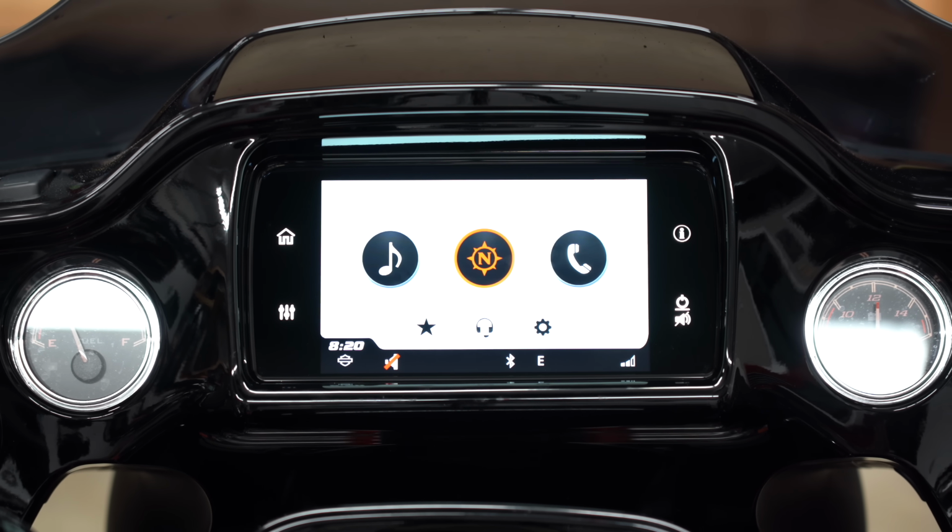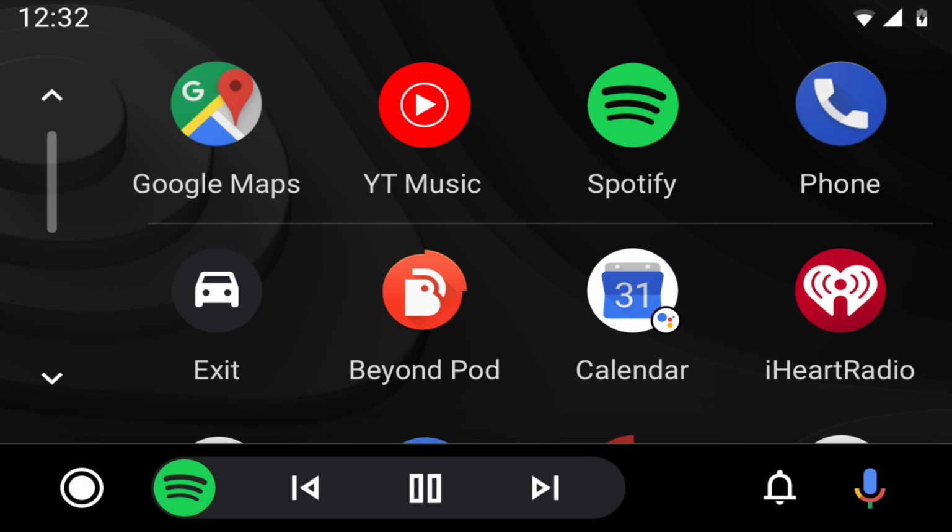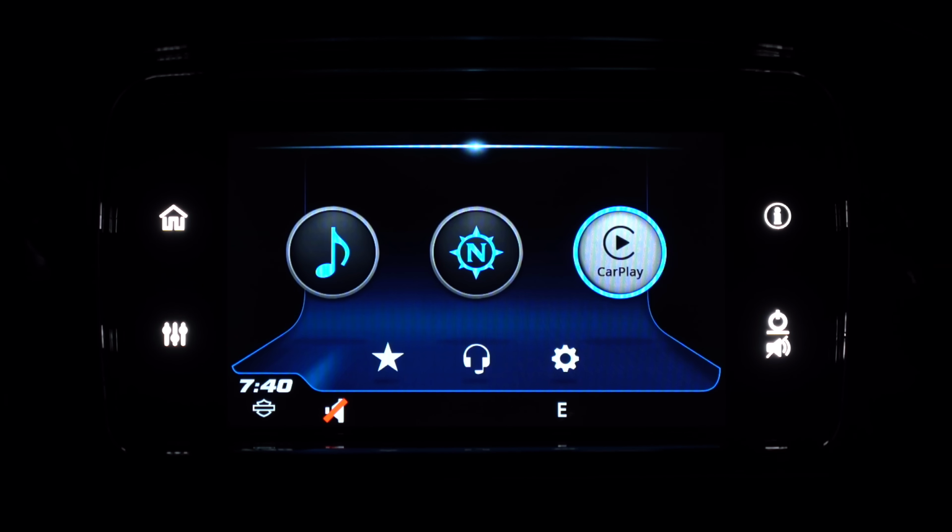So yes, it's true, Harley released the newer version of the Harley Boom Box called the GTS. It comes on many of the 2019 and newer touring models. It didn't come out of the gate with Android Auto. It did come out with Apple CarPlay, and this upset a lot of Android Auto users. You can see proof of that in the comments on past videos I've done on the Boom Box and Apple CarPlay. And this is just one of many things that has really left a sour taste in the mouths of